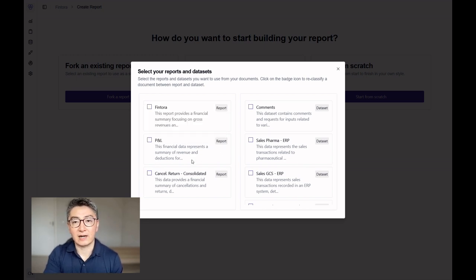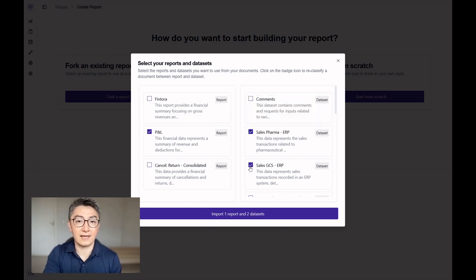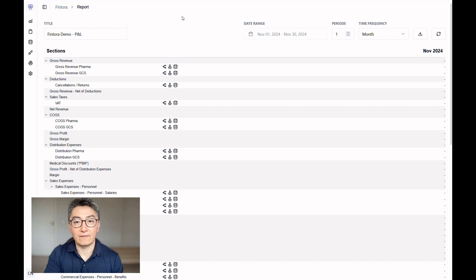And not only has our AI distinguished between the two, but it's also suggested the most likely data sets that feed into the income statement by placing them at the top for you to confirm and select, which we've done here. And now that we've confirmed that the income statement is what we're preparing, Fintora renders it